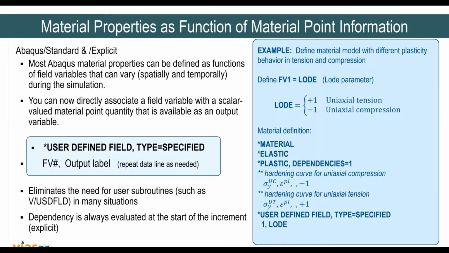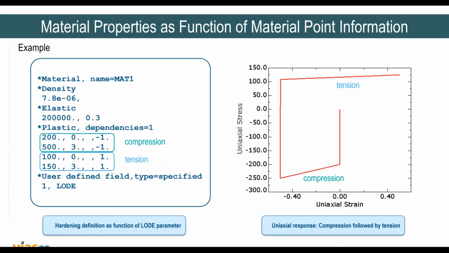So on the right hand side, you will see one example, like if you want to define a material property with a different plasticity behavior in tension and compression. Earlier, you had to write a user subroutine, but now with this enhancement, you can do it without using a subroutine. So here are the keywords, which are the standard keyword for material, star material, and the rest of the sub options